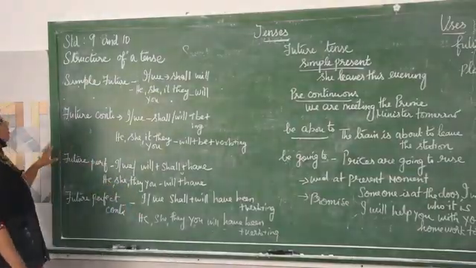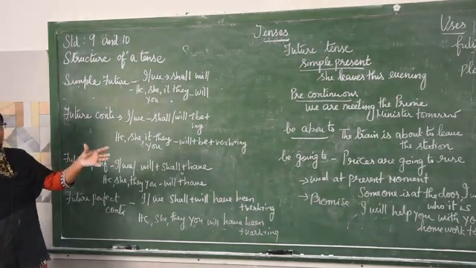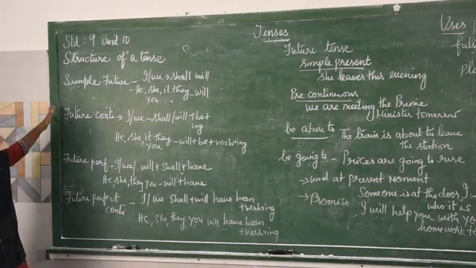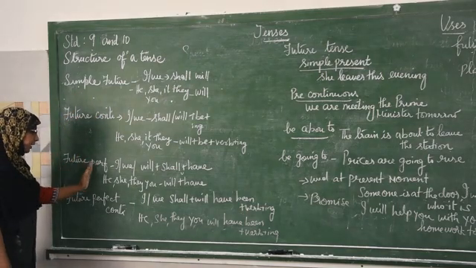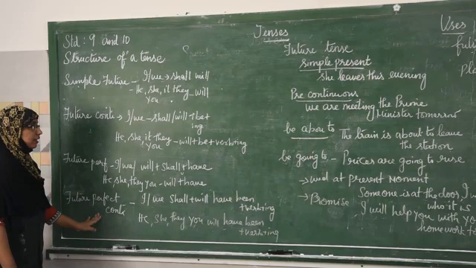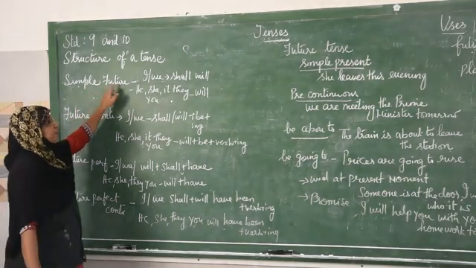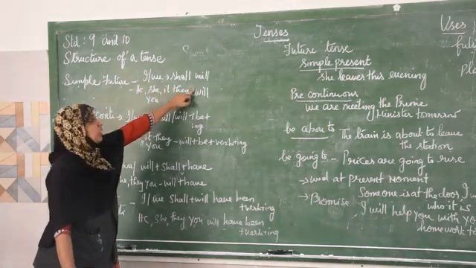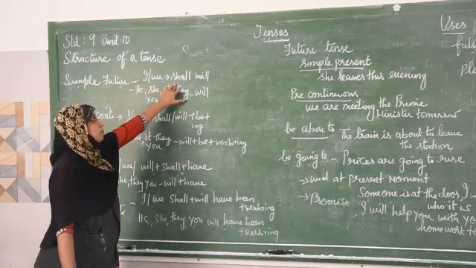Okay boys, now next we will see about the future tense. What is the meaning of future tense? It refers to an action which is going to take place in future. Clear? Now, if you take future tense, again it is divided into four: simple future, future continuous, future perfect tense, future perfect continuous tense. Clear? How to form simple future? Always remember for the first person I and we, shall or will. Nowadays we are using will; shall we are not using much. Clear?